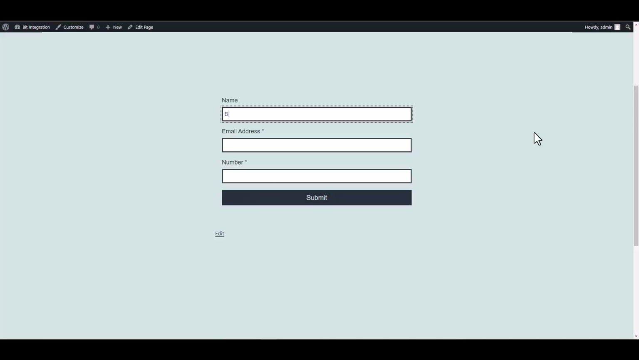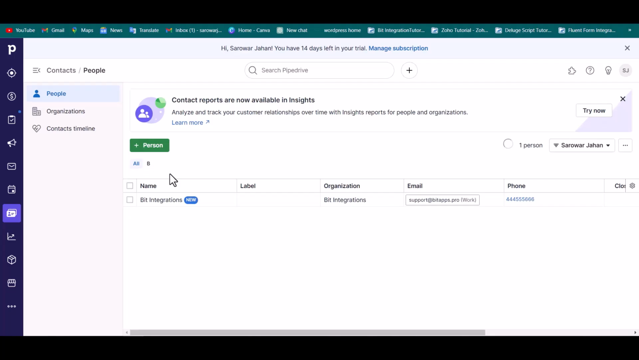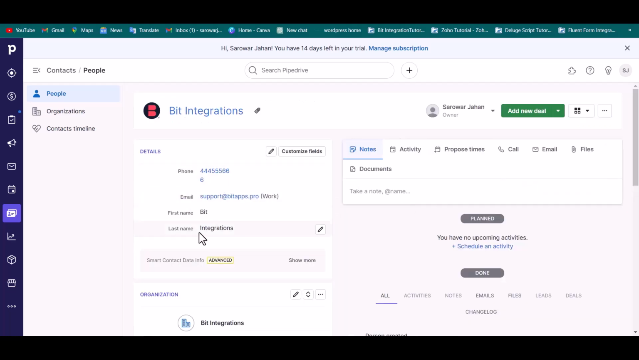Let's submit a form. Submit it. Form submitted successfully. Go to the Pipedrive site and go to the people. And you can see that the data came successfully in